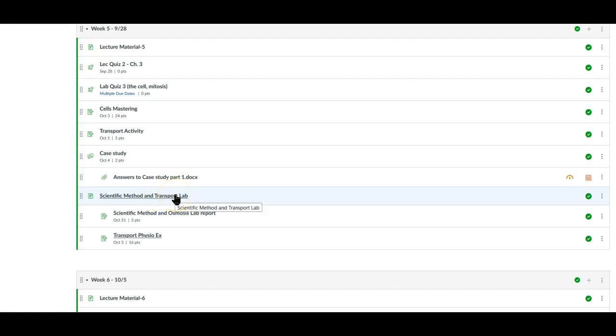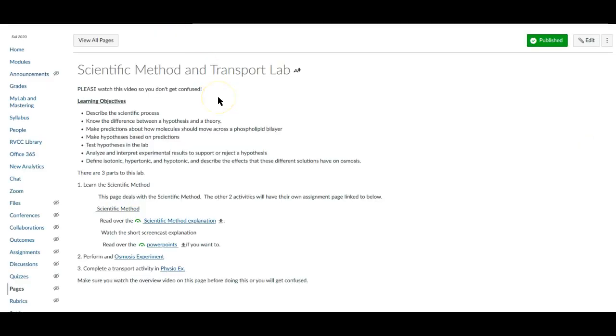If you click here, all the information you need to know is here. There are 2 activities where you have to submit something. Those can be found here and here, but they're also linked to on this page. So if you click on this page here, you get this, and it's just a general explanation of the lab. These are your learning objectives, which can also be found in the lab guide here where it says Scientific Method